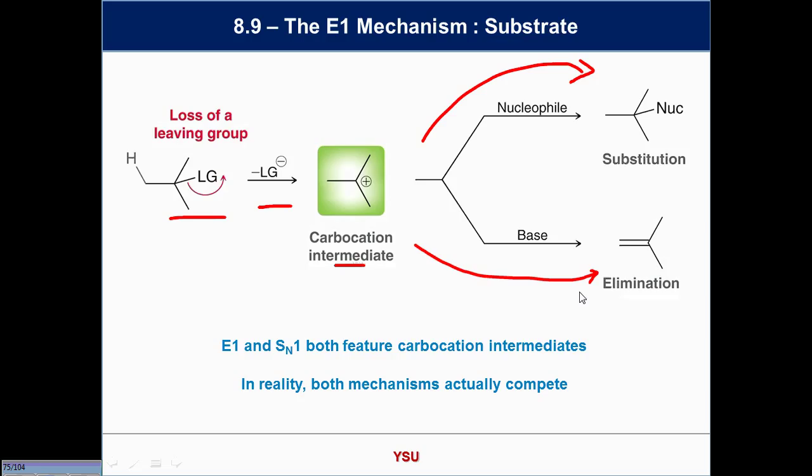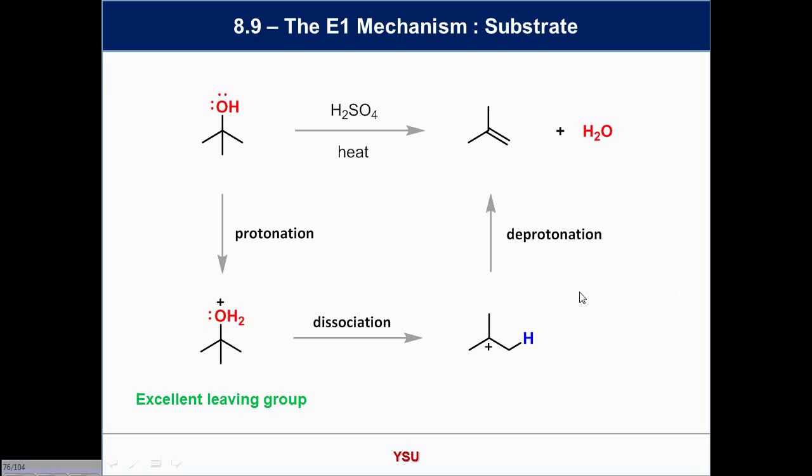In this E1, they're typically not strong nucleophiles. They're typically not strong bases. But they do have lone pairs that can behave as one or the other. So here is one of my favorite slides. Not just because I made it myself, but because it really is the beginning of understanding what's going on. Not just in sort of theory here on a slide, but also in the lab. This is a typical setup for an E1 process. A tertiary alcohol reacting with a certain type of strong acid, heating it up, and getting a good, in fact a very good,